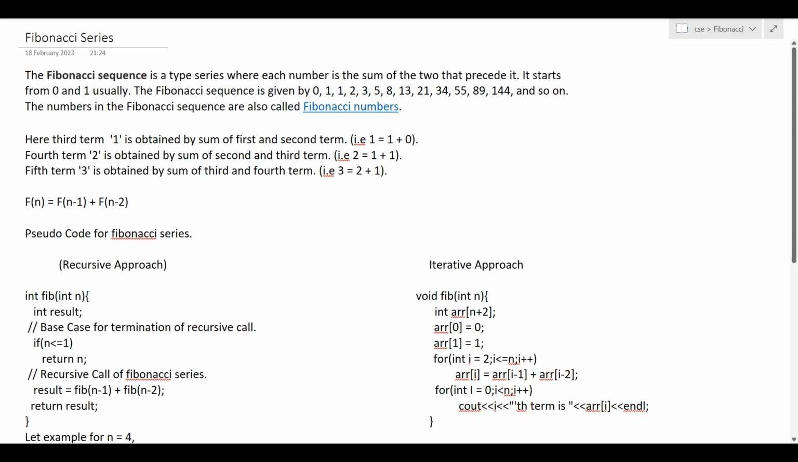Its 0th term is 0, first term is 1, second term is 1, third term is 2, fourth term is 3, fifth term is 5, sixth term is 8, 7th term is 13, 8th term is 21 and so on. The Fibonacci sequence is found by fn is equal to fn minus 1 plus fn minus 2,